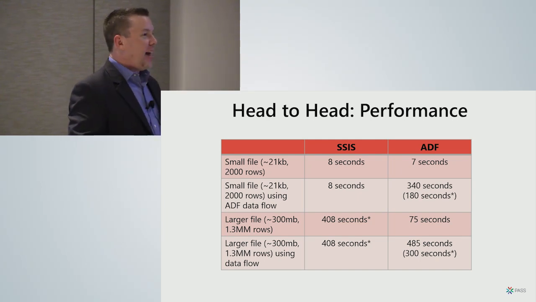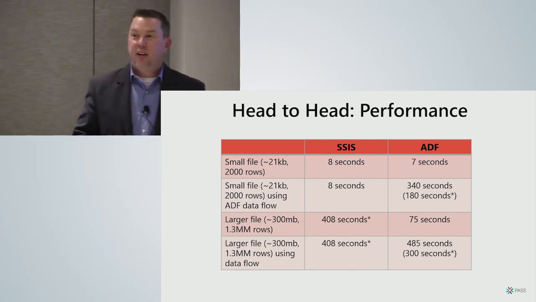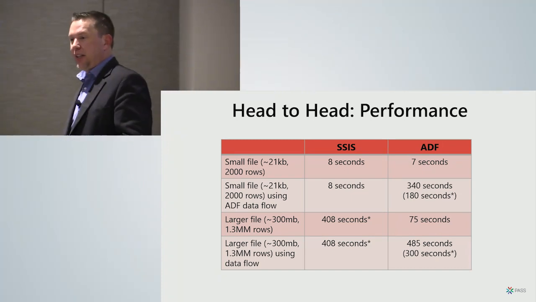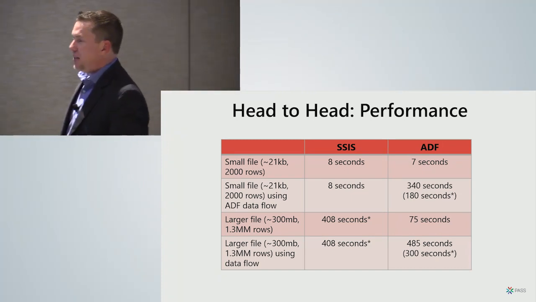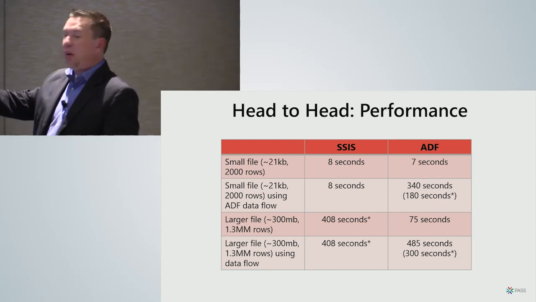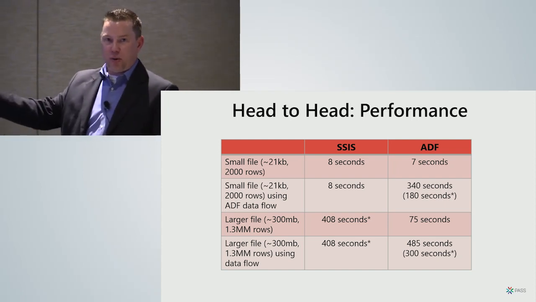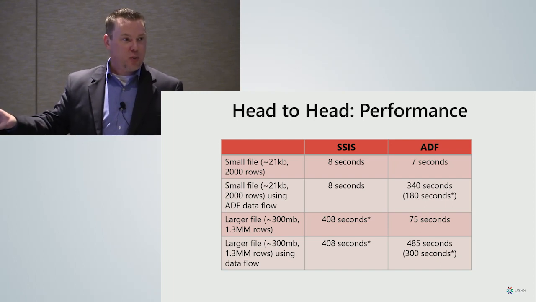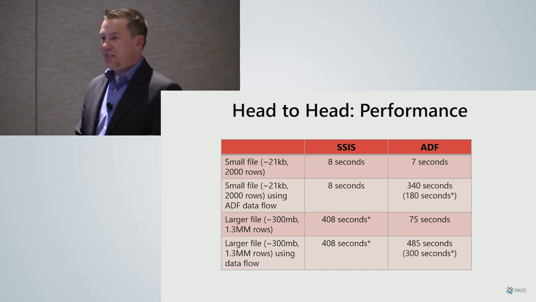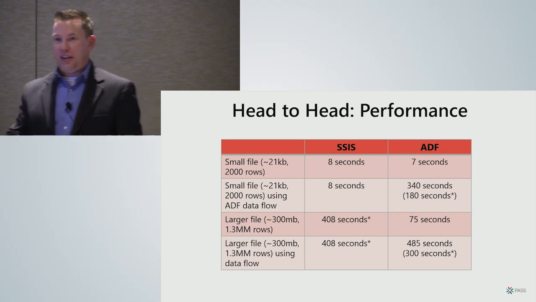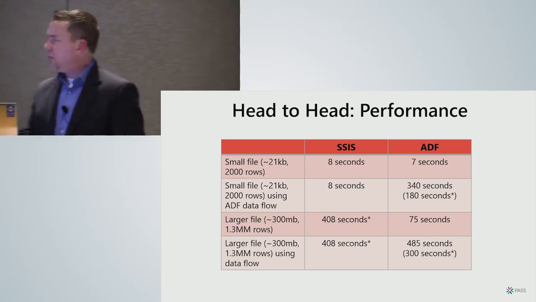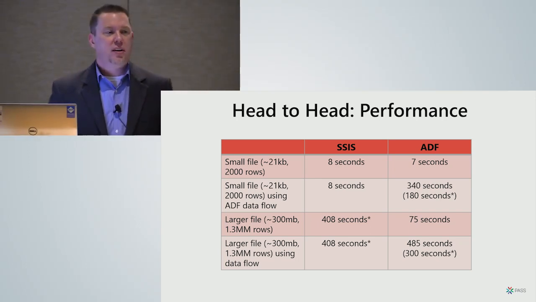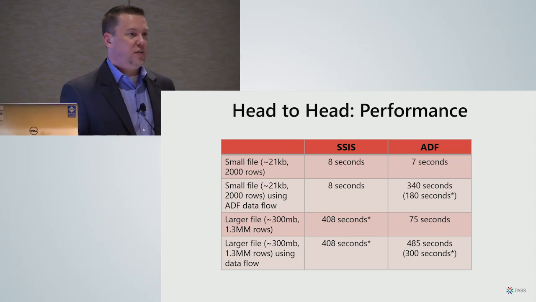So the takeaway from that is for small data sets, you're going to pay a price on that latency if you're dealing with the data flow. For larger data sets, because you can scale out, and by the way, this was on the default configuration. It didn't have any extra horsepower added to it whatsoever on that integration runtime. Even on the default settings, that runs faster than my local VM with, I think, 8 gigs of RAM and 4 virtual processors. It's going to run faster on that side for this file.